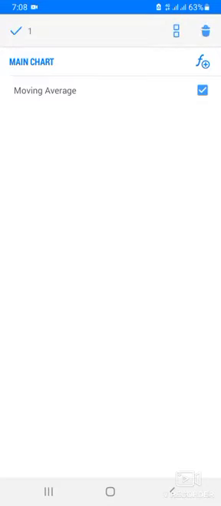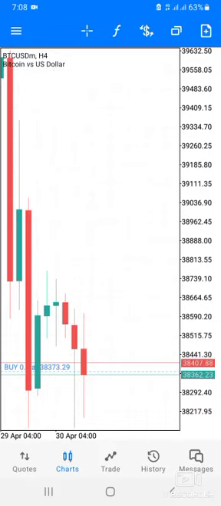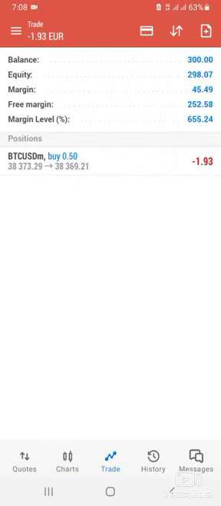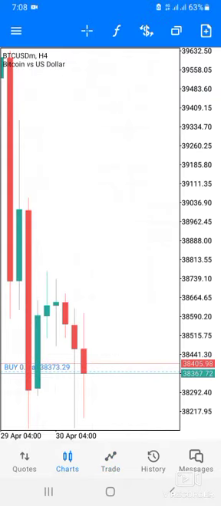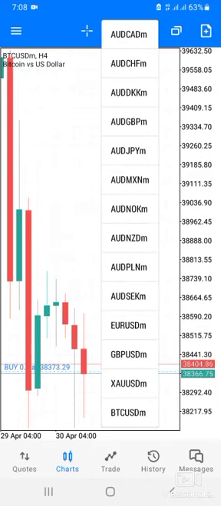Now if you look at the dollar sign over here, you can notice, let's see if this trade is going into profit. Still in loss, let's ignore it now. The dollar sign shows the currencies, the quotes, that you have. You notice that we just installed Euro USD. Looking at the last two currencies, you have the Euro USD and the GBP USD,